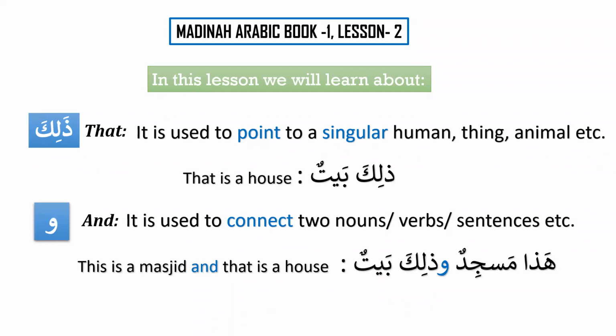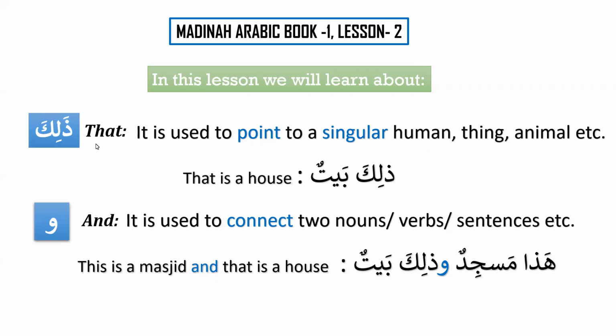Okay, what about the previous lesson? In the previous lesson, lesson number 1, we learned about one Ismul Ishara. Do you remember the name of that demonstrative pronoun? We learned about hada. Excellent. And then we learned about man, and we learned about ma, and then we learned about hamzatul istifham, the particle of interrogation. Exactly, yeah. And inshallah, today we continue learning, and we will learn one more ismul ishara, that is called